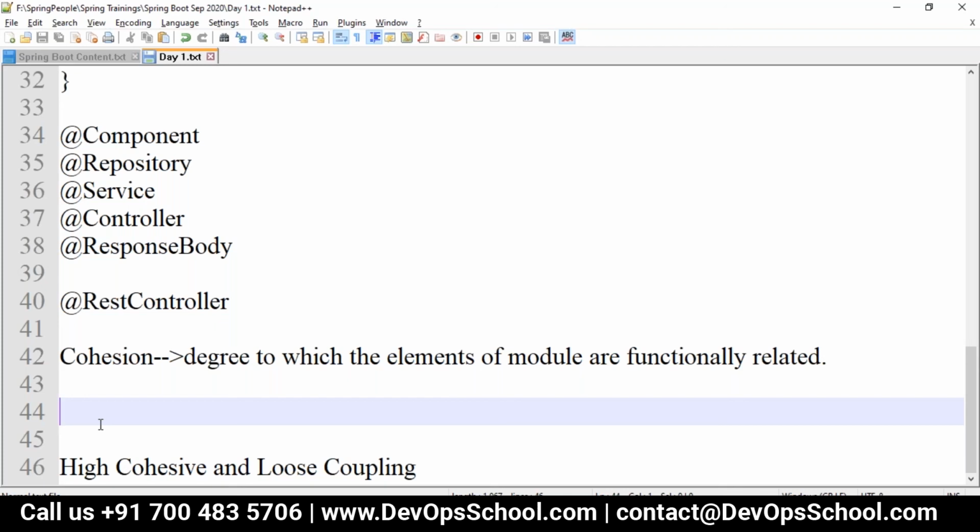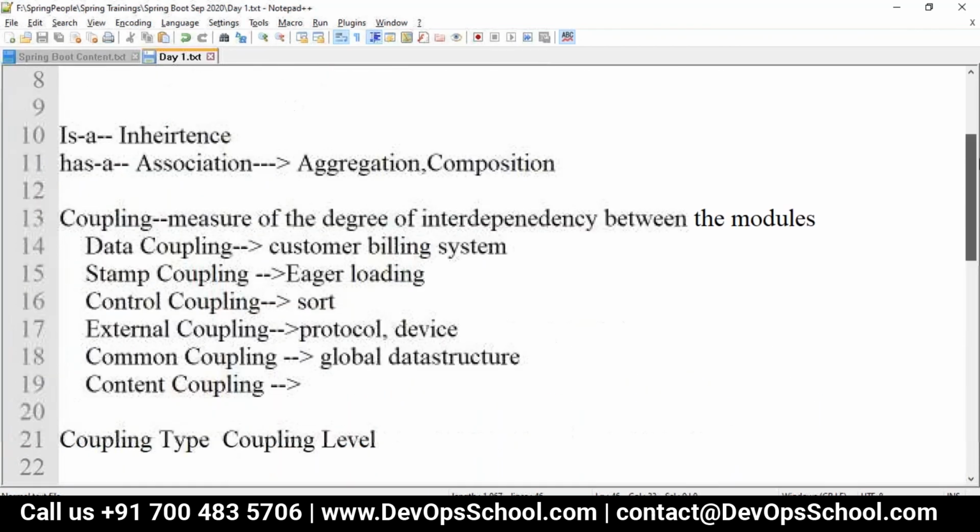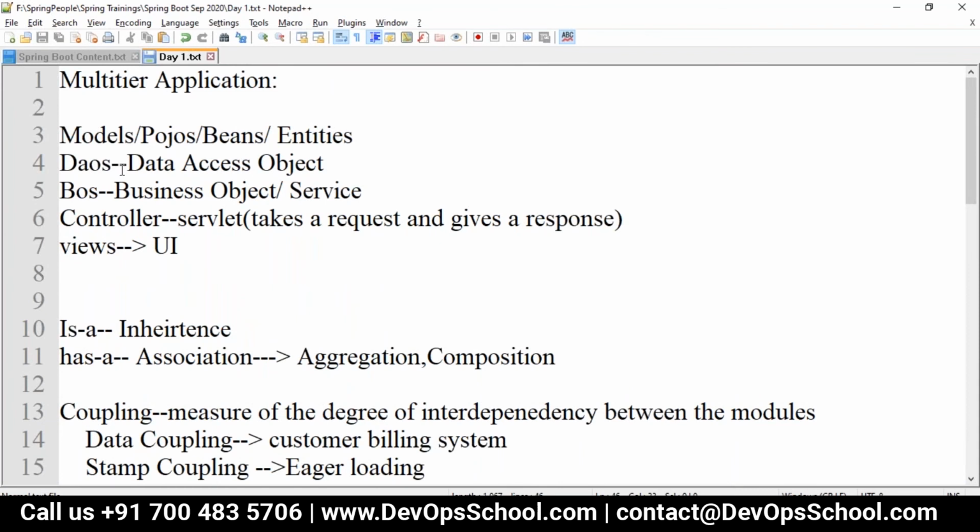So it should be a highly cohesive and loosely coupled application. One object should not be dependent on another object; it should not be tightly coupled. Where we go with a multi-tier architecture system, inside a DAO or inside a BVO we create the DAO object, and inside the controller we create the BVO's object. So we are creating the objects one on another, and so there is a dependency.